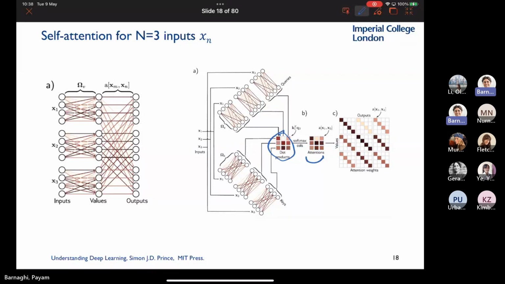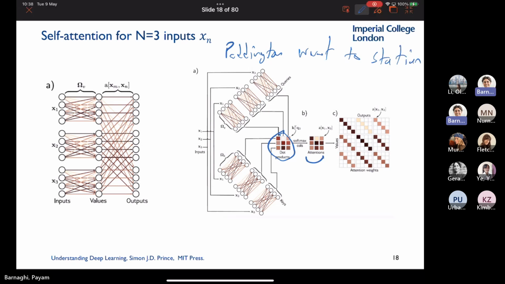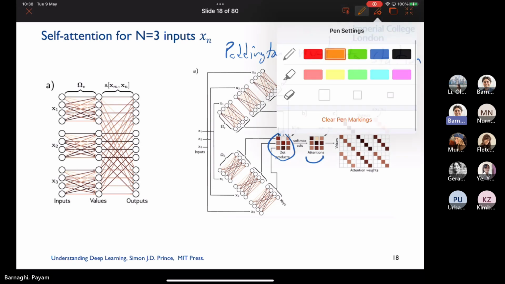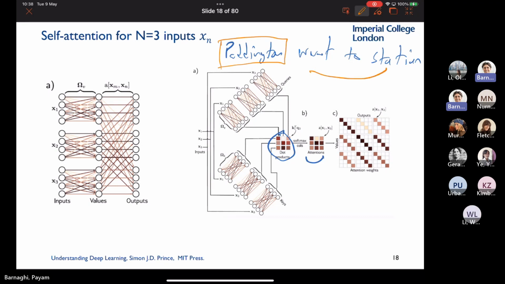What's the interpretation of the dot product in this case? Like, a high level explanation for why you're doing that operation. I'll show you. Paddington went to station. What you do in self-attention, at each point of time, you take one of these as your focus, and that becomes your query, the rest become the keys, and you find how these contribute when you are interpreting the sentence.